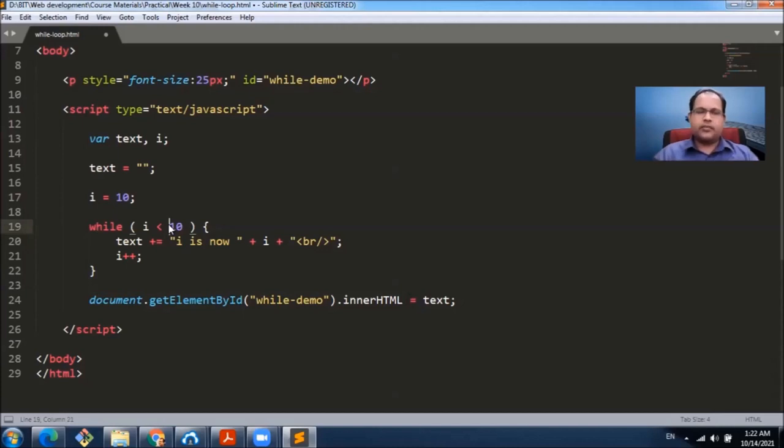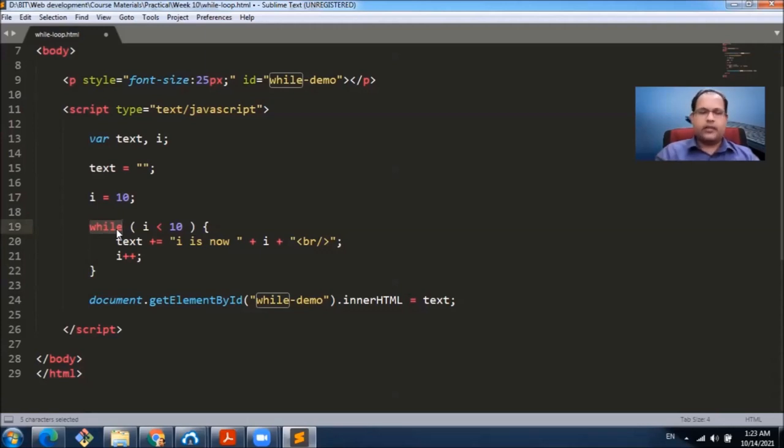Imagine a scenario where we want to execute this text regardless of the value of I, but only one time, and from the second time onward we check the condition. In JavaScript, there is a way to do it.